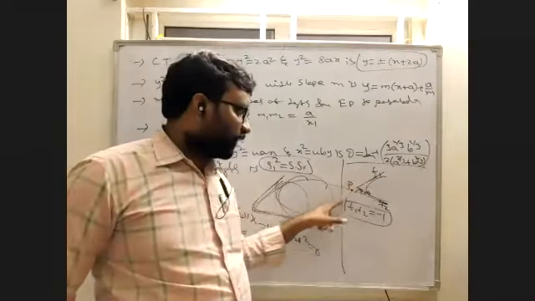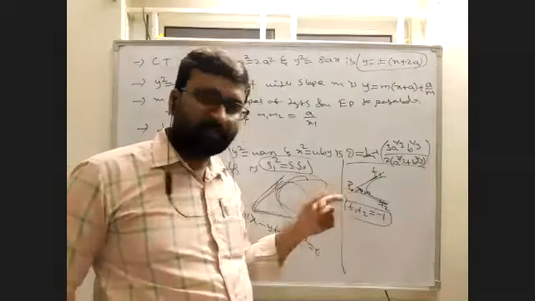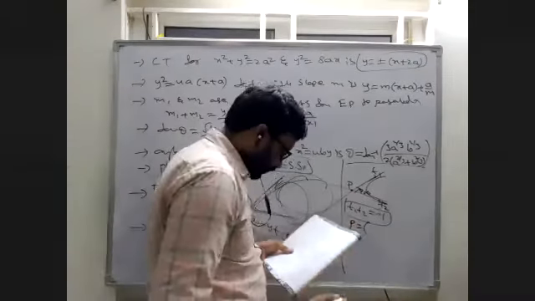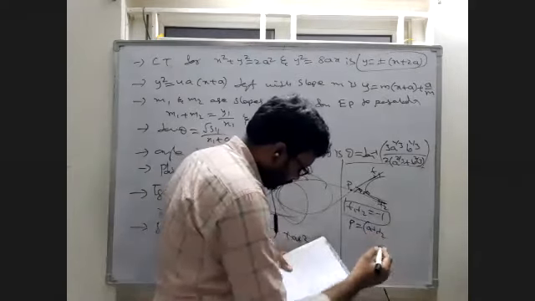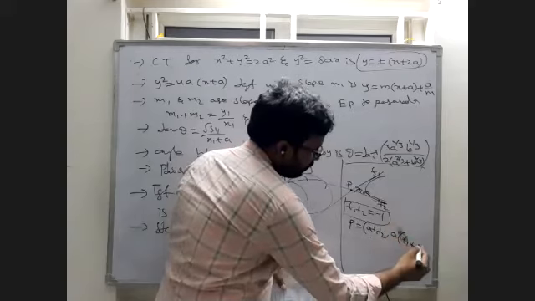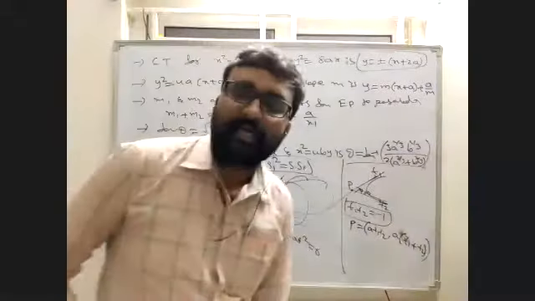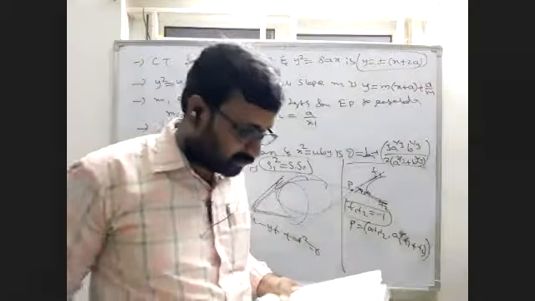We can draw a tangent from T1 and from T2. Then you will get the point of intersection. That's the point of intersection formula given. P is equal to, what is the point of intersection? A T1 T2 comma A times T1 plus T2. This is the point of intersection of the tangents drawn from two points T1, T2 on the parabola. And next,